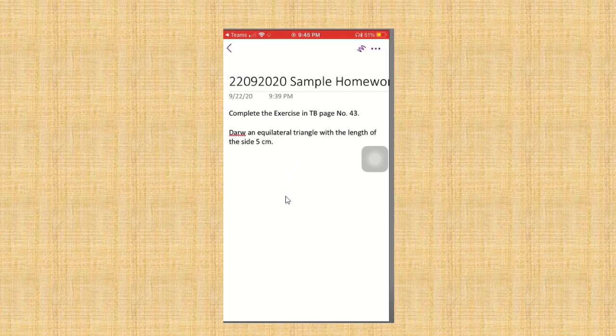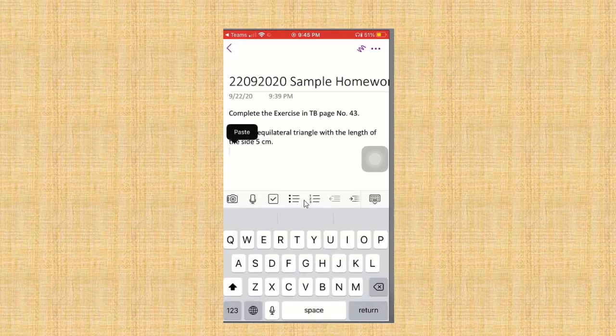What you need to do is write your homework neatly in your homework book. Then press anywhere on the screen, just a long press.